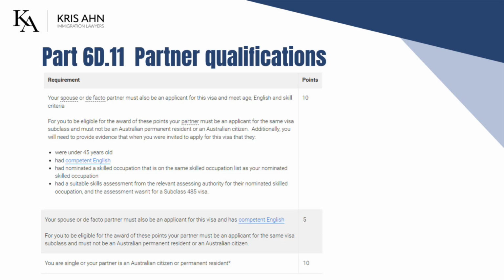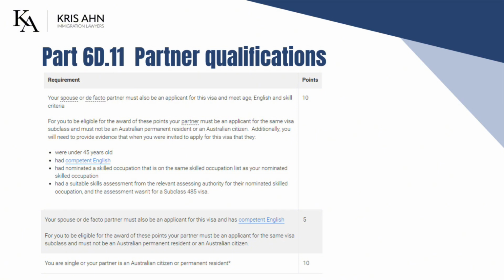Encourage your partner to study as much as you are, if they're okay with that. If they can't get the skills assessment, but they can at least get competent English, then at least you're not losing all of your points. You can get 5 points. But if your partner can't get English and can't get a skills assessment in the same list as you, or maybe they are 45, then unfortunately it's going to be 0 points